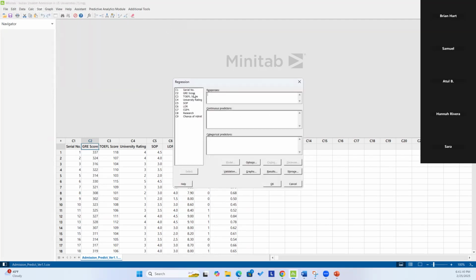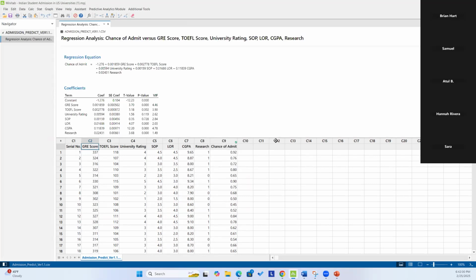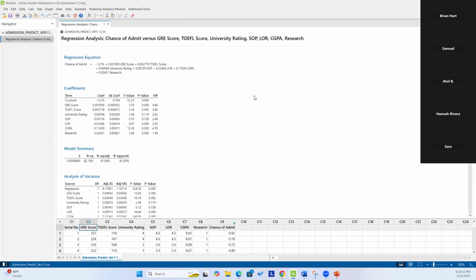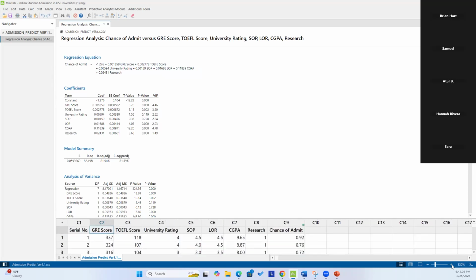So let's see. The chance of admission is the dependent variable, and the independent variables are from here to here. Let's select here. Okay, and now do it here. Nothing else you have to do. So basically, if you can see this model here,